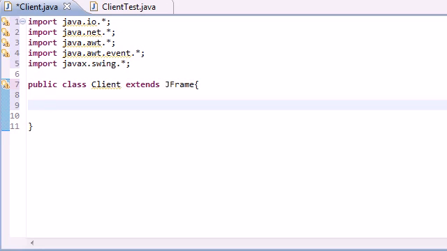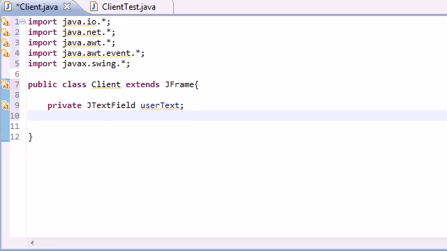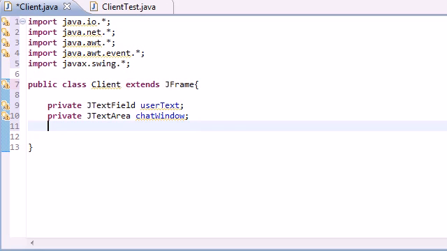But anyways, now that I got that story out of the way, let's go ahead and code all the variables that we need. Again, I'm not going to go over them again, so most of them are the exact same. JTextField userText is where you're going to be typing your messages. JTextArea is that chat window where everyone's messages are going to be displayed. Private